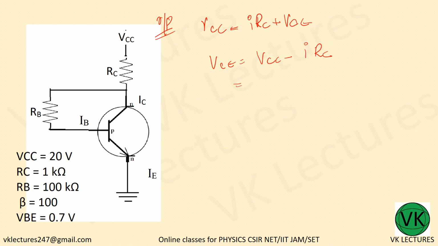Now, what is VCE? VCE equal to 20 minus (1 plus beta) into IB into RC. So what is that? 20 minus